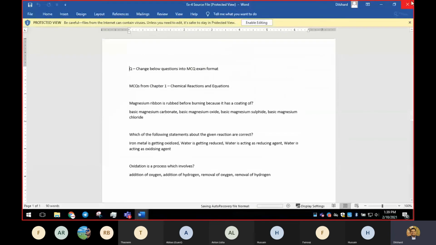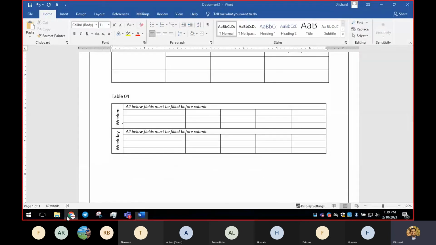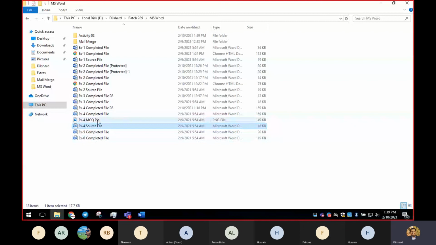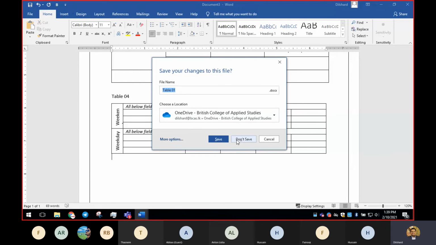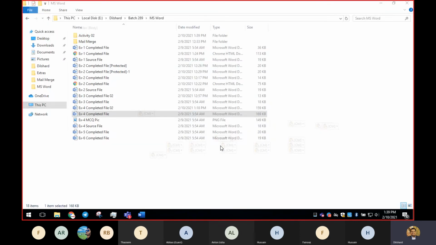Exercise number 4, I'll show you the completed one. Yes, so we have the PDF.